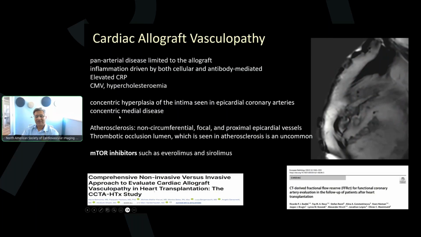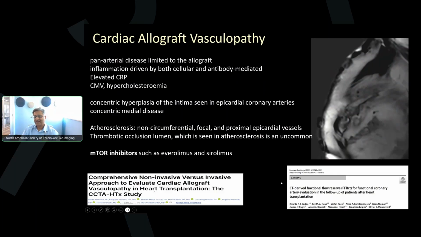So what's the future of this? I think we're going to see a lot more of these patients getting imaged with coronary CTA as the data is coming in, and they're already talking about how non-invasive imaging with coronary CTA can be very useful in identifying allograft vasculopathy. And this is a very interesting article that was published in 2022, which also looked at CT-derived FFR